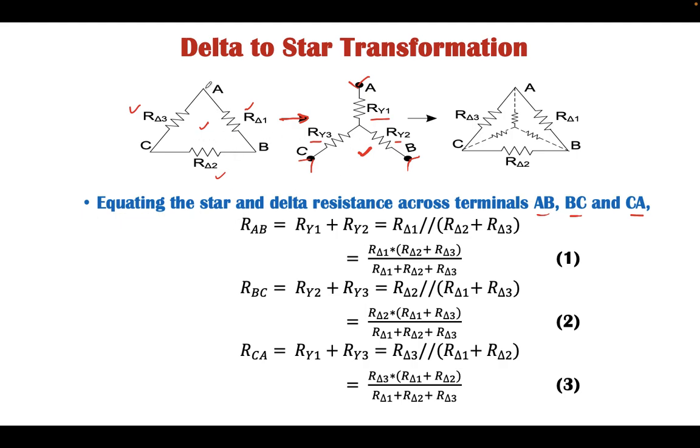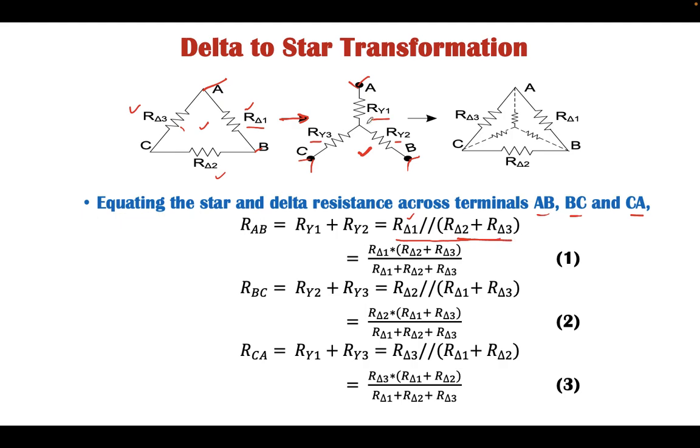The resistance between terminals A and B when connected in delta is what? This resistance is across terminals A and B, whereas these two resistances are in series when looked at from terminals A and B. Hence R delta 1 is in parallel with the series combination of R delta 2 and R delta 3, and this is the equivalent resistance in